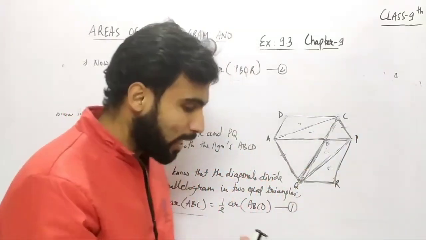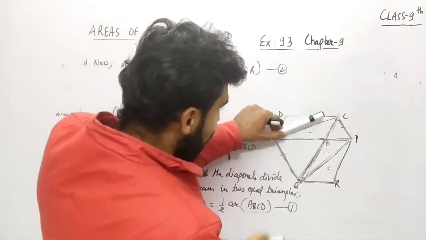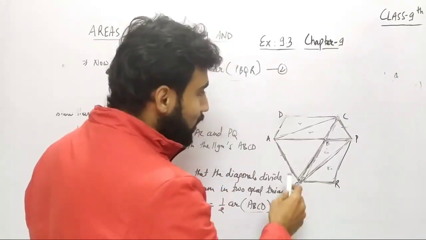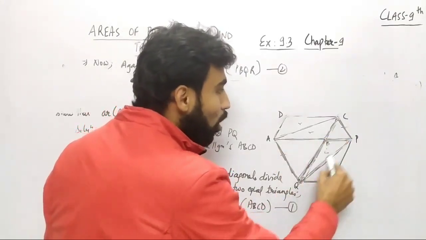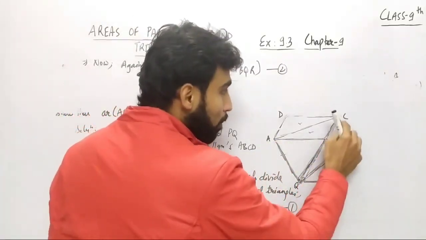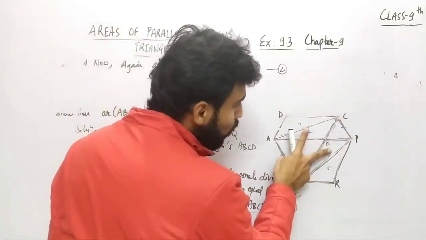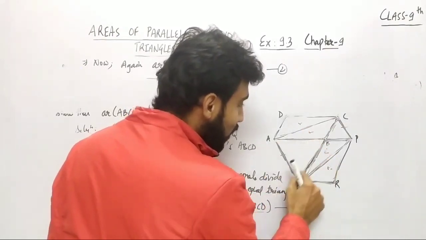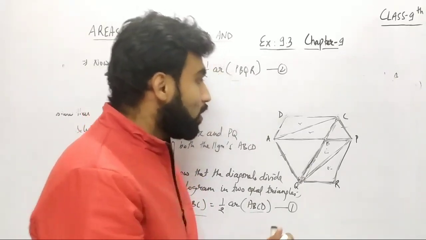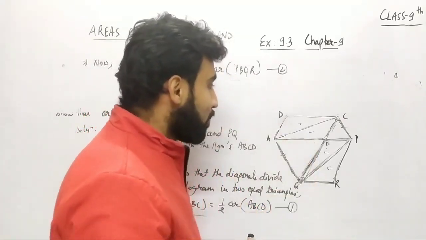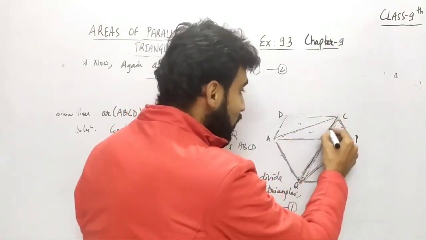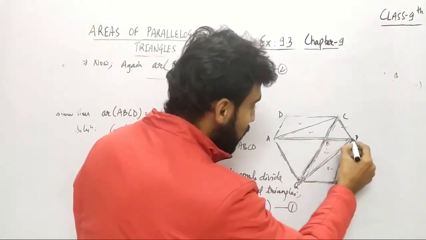सो अगर आप ध्यान से देखें इन दोनों डायगोनल्स की तरफ, राइट? सो इन दोनों डायगोनल्स की वजह से आपको पता चलेगा कि ये जो दोनों ट्रायंगल्स हैं जिनको हमें इक्वल एरिया में प्रूव करना है, दीज टू ABC एंड PBQ. सो ये जो दोनों ट्रायंगल्स हैं इनके बीच में एक कॉमन ट्रायंगल आ रहा है, दैट इज ABQ, राइट? सो अब ये जो ABQ ट्रायंगल आ रहा है, अब अगर आप इन बड़े ट्रायंगल्स की तरफ देखें, दैट इज ACQ एंड यू कैन सी APQ, राइट?